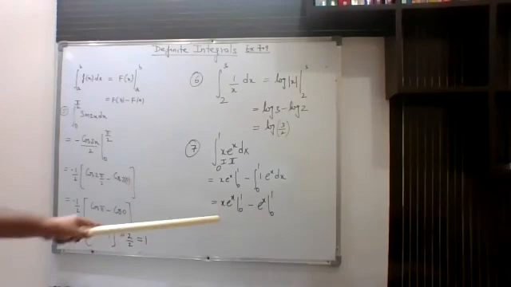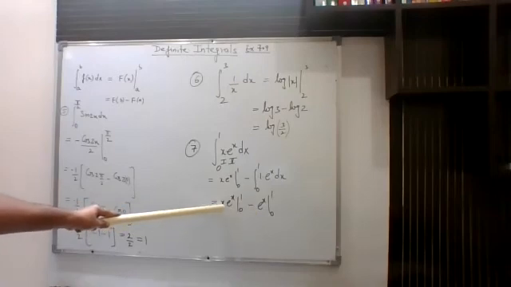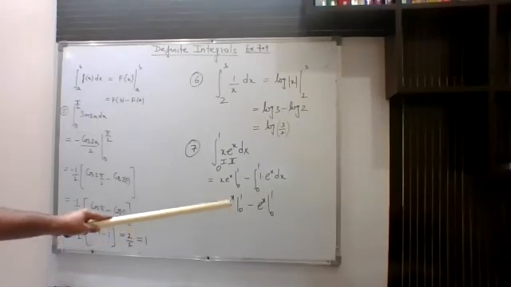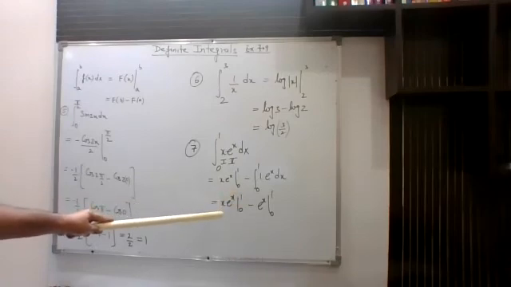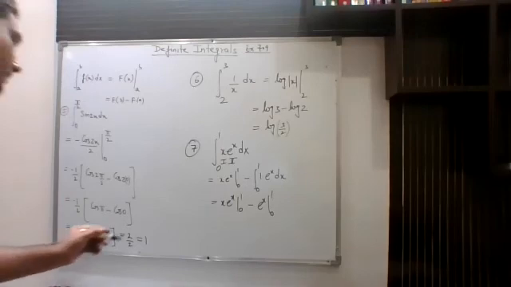Now when you substitute the limits, the limit has to be substituted everywhere. Like here we have x, so you will put the limit over here as well as over here, right? Because you will get a definite answer. So you have to substitute the limits. You cannot leave your answer in terms of x. So let us see how we can apply the limit.